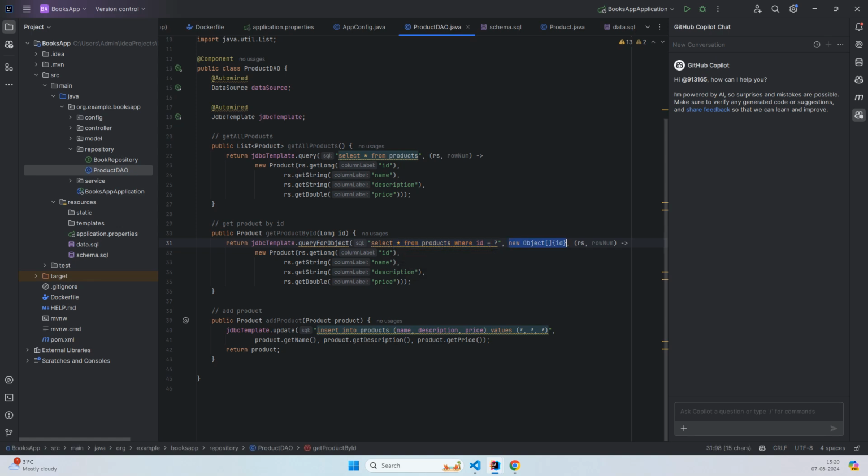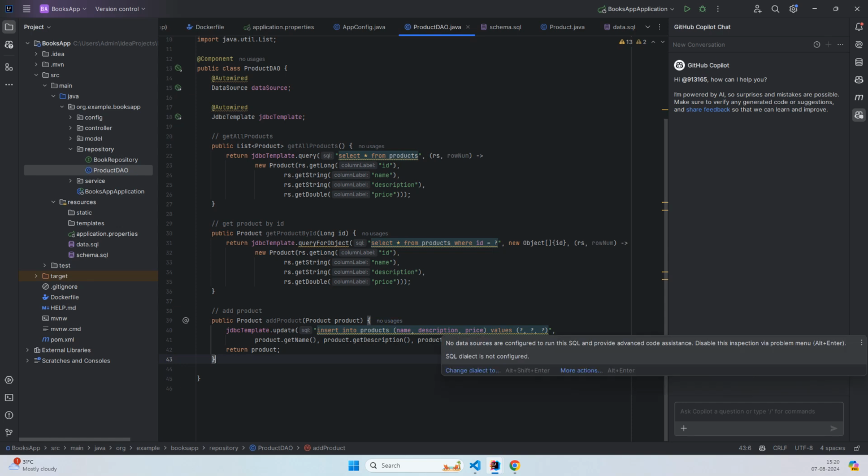So here we pass a new object, and then we are passing the ID, and here the ID is passed from the URL. Now the same way, JdbcTemplate.update, and we are using the insert statement over here, and after the insert statement we are passing these values 1 2 3 4,